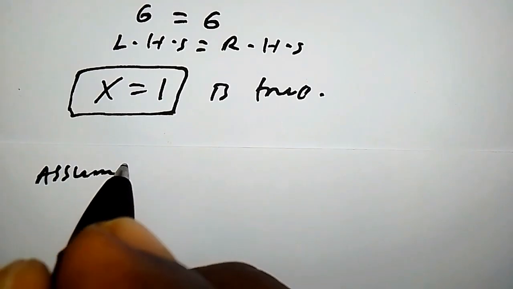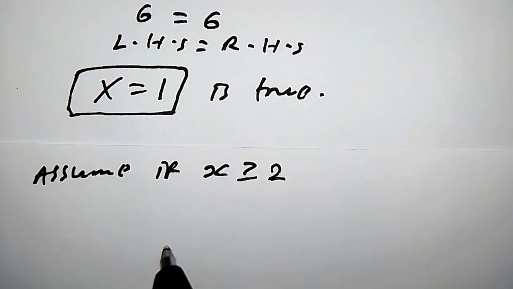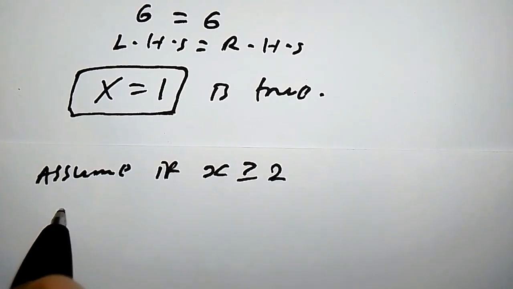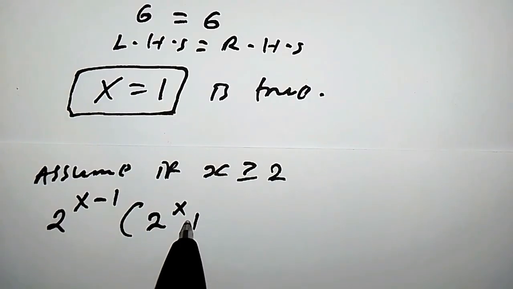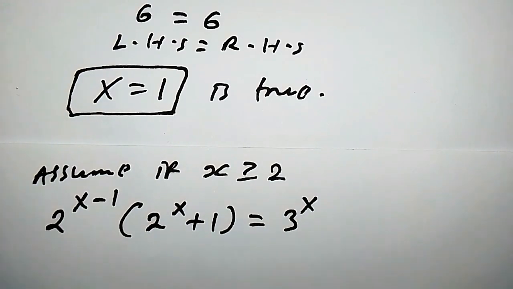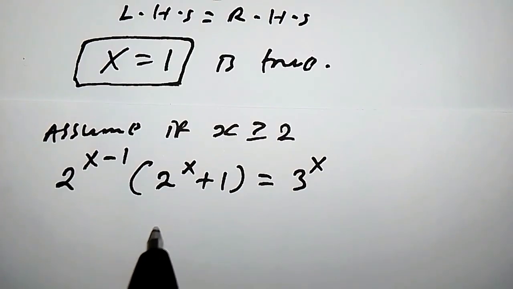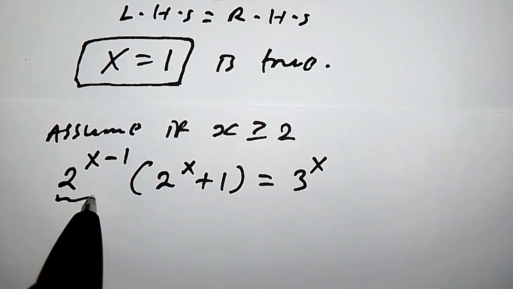Assume x is greater than or equal to 2. We have to test it using our equation, which is 2 raised to x minus 1 times 2 raised to x plus 1 equal to 3 raised to x. You will notice that in as much as x is greater than or equal to 2, 2 raised to x minus 1